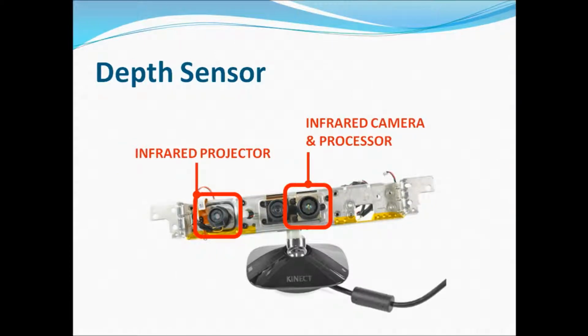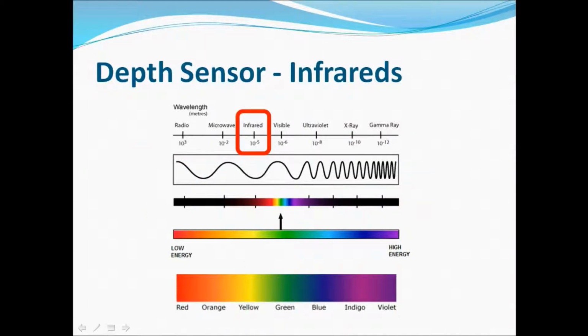Kinect needs to know how the surrounding environment is made, and since it hasn't human eyes, it uses the depth sensor, a combination of an infrared projector and a microprocessor, for computing the depth image. The visible colors are waves, and we can see just a short range of all the possible waves. Thinking about a rainbow, we can see from the red color, the color with the lowest energy, till the violet. The infrareds have an energy below the red, and so we can't see them.